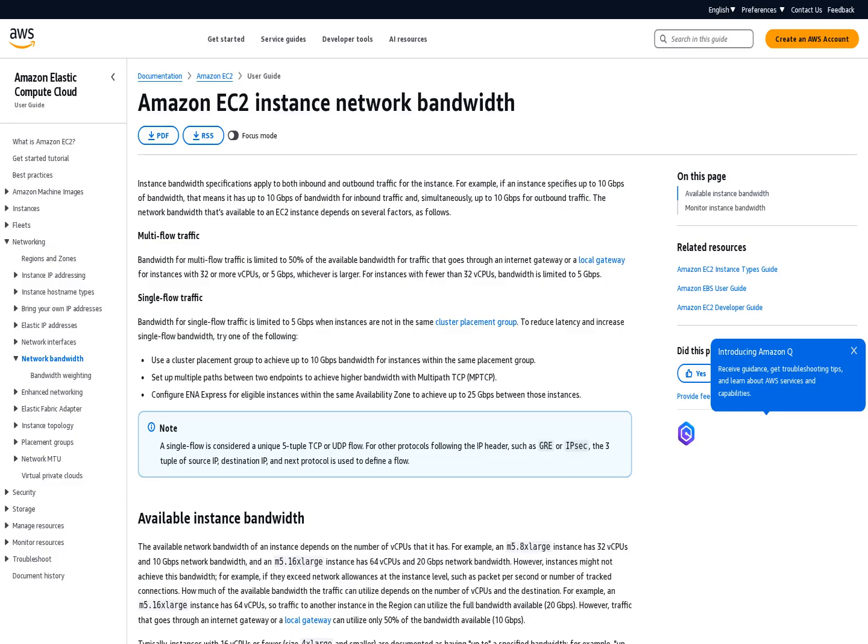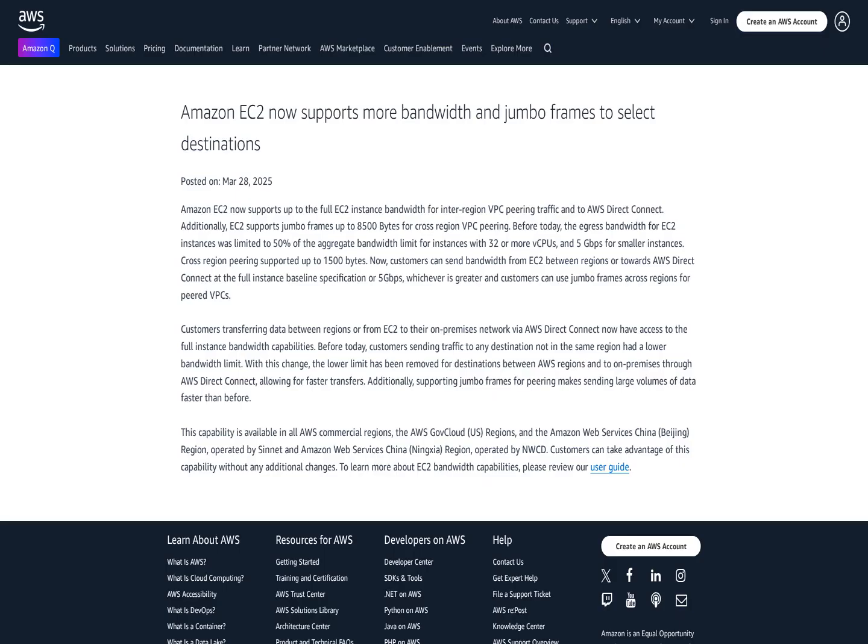Amazon EC2 now supports up to its full instance bandwidth for inter-region VPC peering traffic and traffic to AWS Direct Connect. This means that customers can send bandwidth from EC2 between regions or towards AWS Direct Connect at the full instance baseline specification, or 5 gigabits per second, whichever is greater. Additionally, Amazon EC2 now supports jumbo frames up to 8,500 bytes for cross-region VPC peering. This allows customers to transfer large volumes of data faster than before when sending traffic between regions or from EC2 to their on-premises network via AWS Direct Connect. The lower limit on bandwidth has been removed for destinations between AWS regions and to on-premises through AWS Direct Connect,